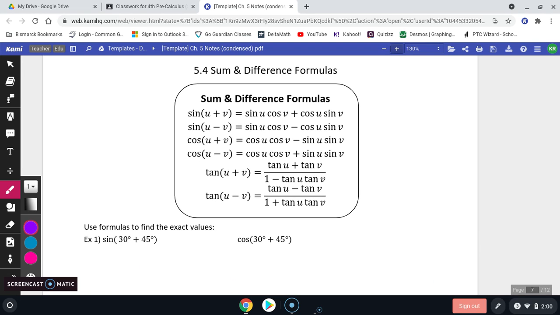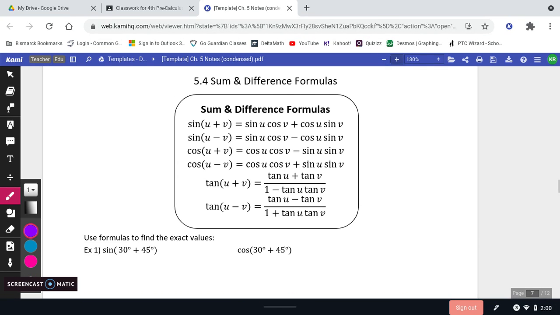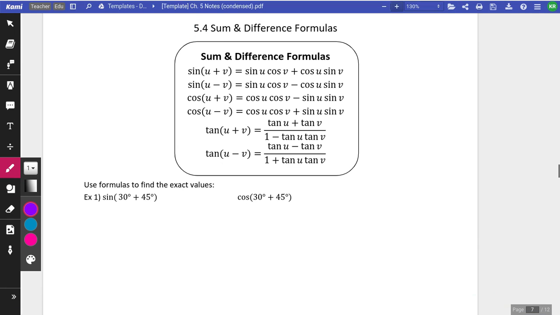Okay, we're going to be looking at starting with some sum and difference formulas for this lesson. The concept here is this: I want to find an exact value. So for example, we can find an exact value of a sine or cosine of an angle. We look on our unit circle and we can find the exact value, not an approximation. Okay, so if I want to find something like the sine of 75 degrees, if I do that on my calculator real quick,